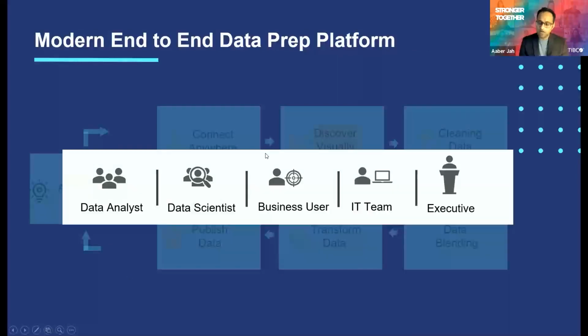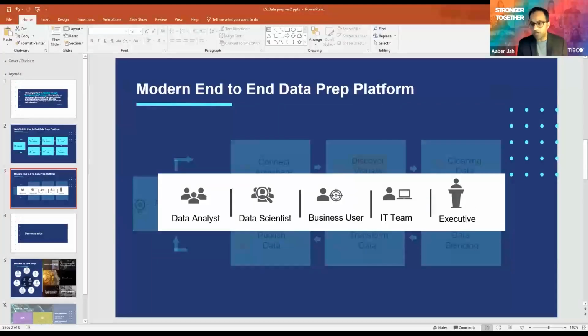And there's one last slide that talks about that although primarily a lot of data preparation activities are done by data analysts and data scientists, and maybe some by the business users, but directly or indirectly, I would say everyone within the organization is involved in how the data preparation should be done, right? And that's exactly what we are going to look at in the demo, right? So we're going to start with,